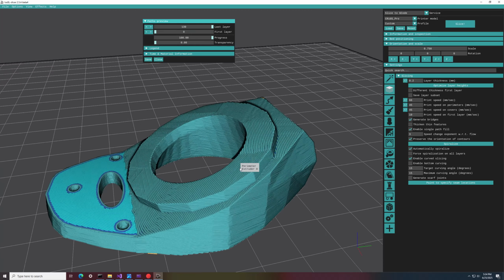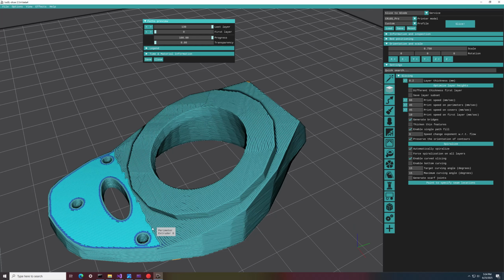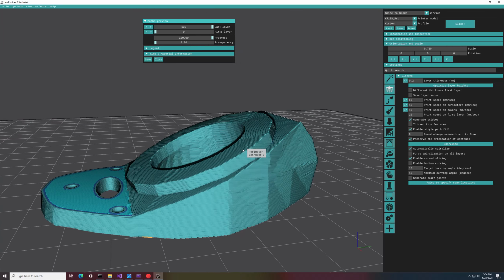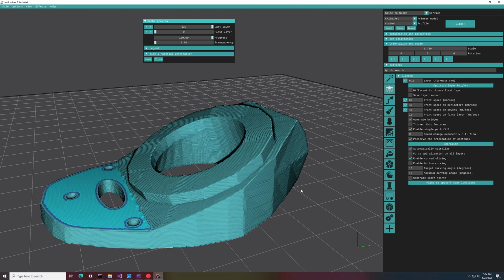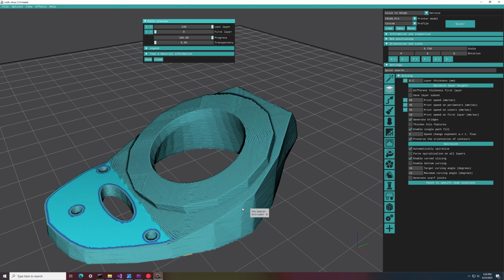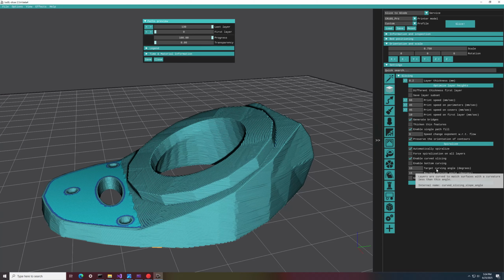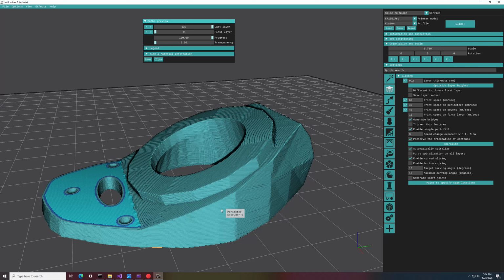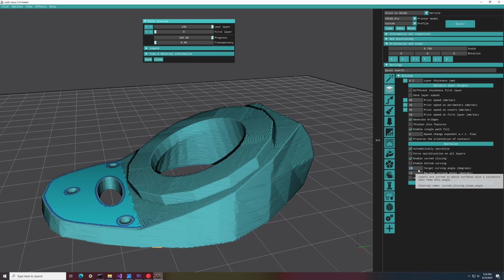However, the surface in this part, in this inclination, still has the staircase effect because the target curving angle was very, very low, 15. So as I was saying, this should be adapted to the shape that we would like to print. So I would like to change this to 30 and the maximum curving angle to 35. I will reslice,